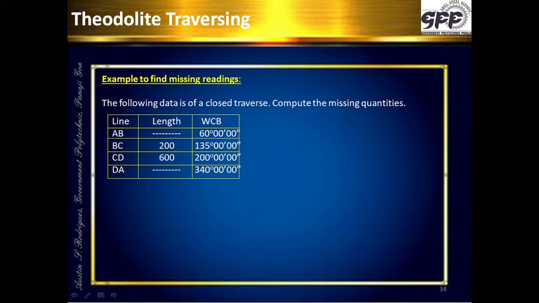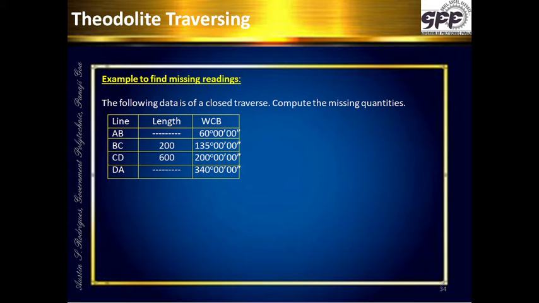And now we will take another example of missing readings. We have another one over here. The following data is of a closed traverse. Compute the missing quantities. In this case also, we have two lengths which have not been given, the length AB